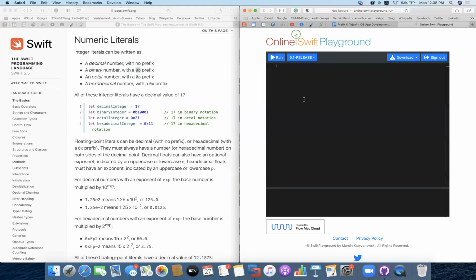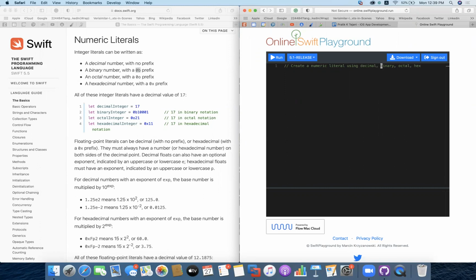So in this demo, we are going to create a numeric literal using binary, octal, and hex, as well as the decimal one.